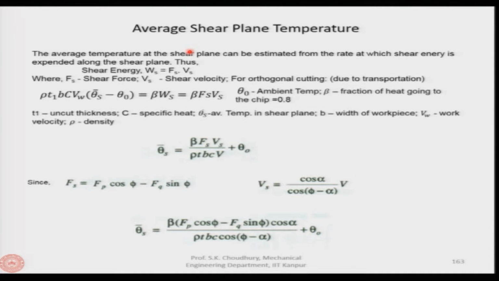surface. Now, out of that total 100% of heat which is generated, the majority of the heat, about 80%, goes with the chip. Next, about 15 to 20% goes with the tool, and the rest, up to 5%, remains in the workpiece. Here I also discussed that we can measure temperature in the cutting zone using thermocouples, but